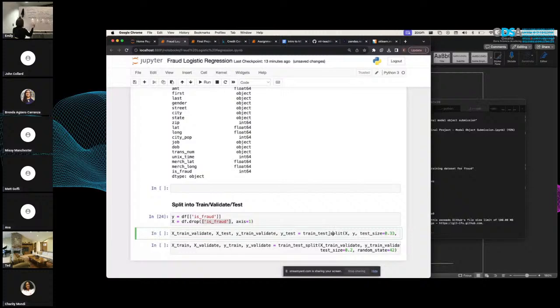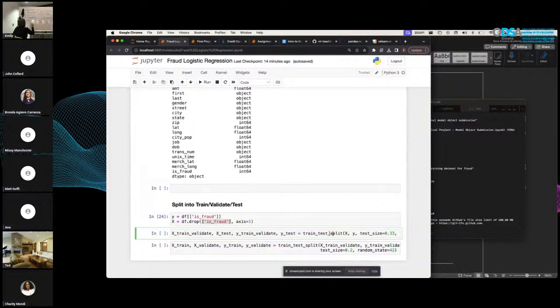So we have our function. Unfortunately, what we want is 3 data sets. We want a training data set, a validation data set, and a test data set. Unfortunately, our function only splits into 2. So we have all data here. And we're going to split this, all data, into our test set.